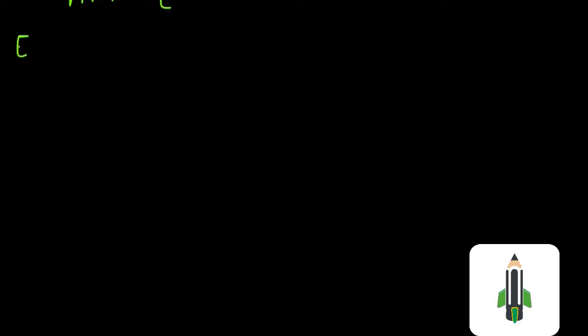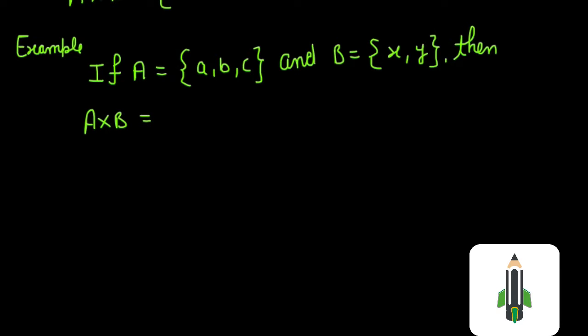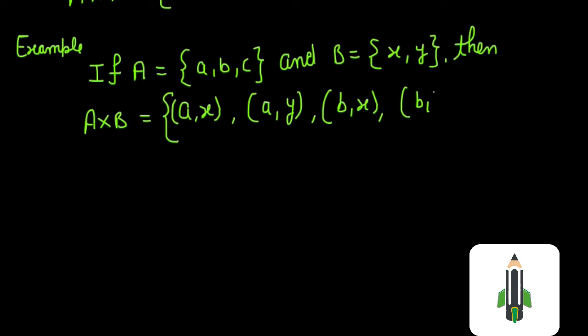Another example is that if A is equal to {a, b, c} and B is equal to {x, y}. Now the Cartesian product of A, B is: take the first element of A and the first element of B, that is ax; first element of A and second element of B, that is ay; same as second element of A and first element of B, bx; second element of A and second element of B, that is by; same as cx and